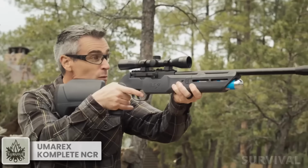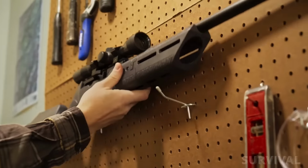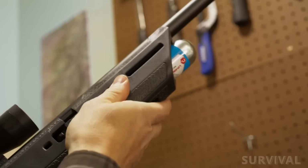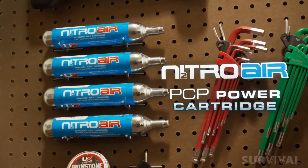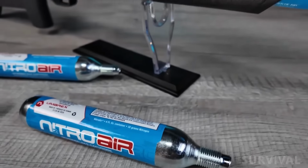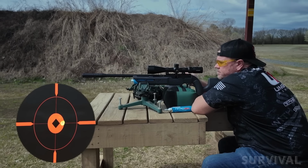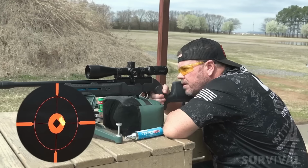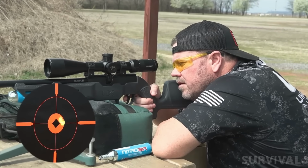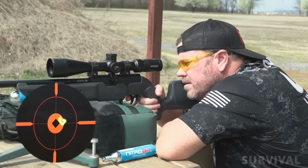Umarex breaks ground in airgun technology by introducing the Komplete NCR, the world's first air rifle to ditch CO2, PCP, and air pumps in favor of disposable nitrogen canisters. Readily available in nature, nitrogen is a cleaner and more stable gas than CO2. It offers more constant performance and leaves less residue in the gun. Additionally, compared to other propulsion systems, nitrogen provides lower recoil and extra pressure, translating into extra distance, accuracy, and energy